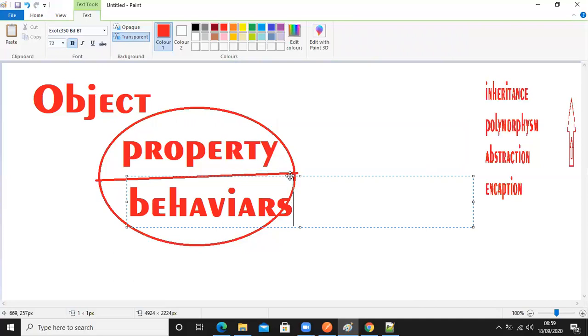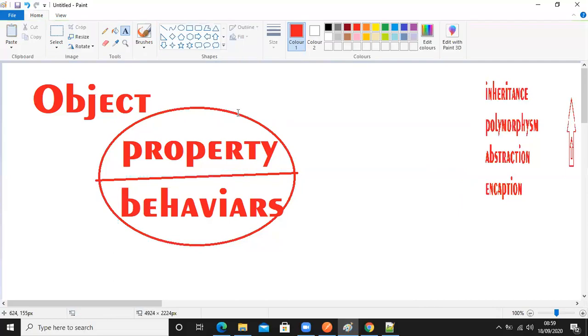And both of these will be available using the object only. If I use this object, I will get both: properties as well as behaviors. If I don't have an object, I won't get anything. If I have an object, then I will get property and behavior. That means I can use the properties of the object or the behaviors of the object. Correct? You are getting it or not? Once I have an object, I will have properties and behavior both with me. I can use either property or behavior or both. I have everything with me, right? So that was an object.